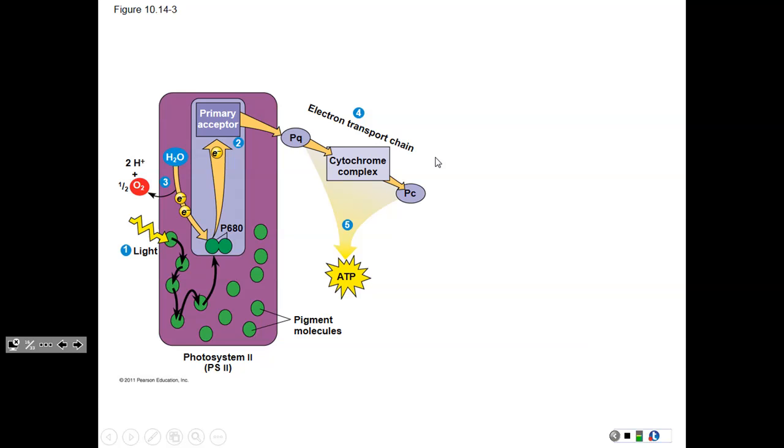On Thursday of last week, I suggested it was sort of like a bucket brigade. You have a high energy electron, you pass it off to the next guy in line, there's a little less energy. You pass it off to the next guy in line, a little less energy. Each pass along the way, it's energetically favorable. You're going down an energy gradient. Along the way, as this high energy electron gets passed from a cytochrome here to a cytochrome here,